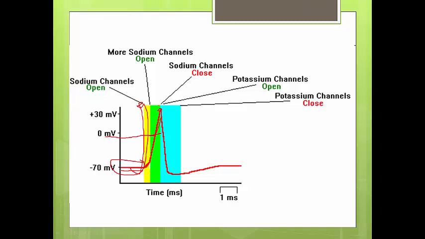Now, eventually, these sodium gates will close, and potassium gates will open. So potassium will flux out of the cell at this point, and electronically, that seems to fix our problem. It goes back to minus 70 millivolts. But eventually, we're going to have to restore the resting potential, and that means shuffling these ions around. The charge differential has gotten to the correct level, but we